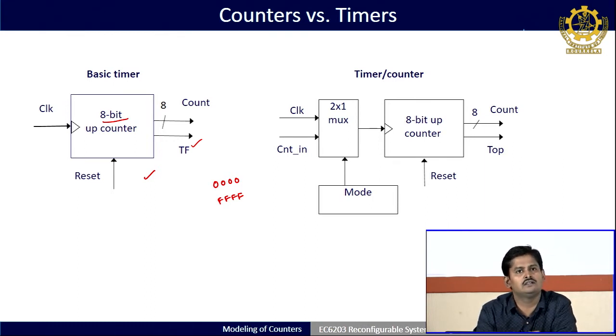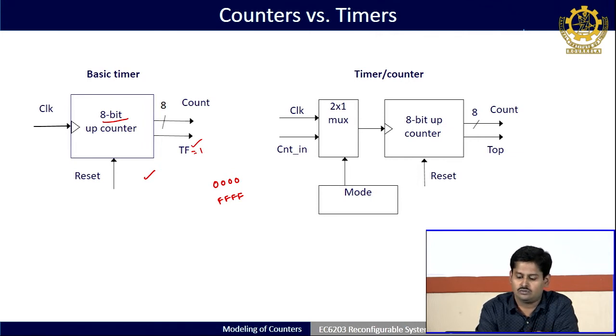So, no need to give any instruction to reset it to 0. Counters are designed in such a way that they start from 0, and when they reach the final value, they reset back to 0 automatically. Okay. So, at that time this TF will become 1, or high, to indicate that one set of counting sequences has been completed. So, we can call it a timer flag. So, if the flag is high, it means one set of counting sequences is over. Okay. So, internally, by taking the counter and mapping it to the input time period, we can use the same counter for a timing application.